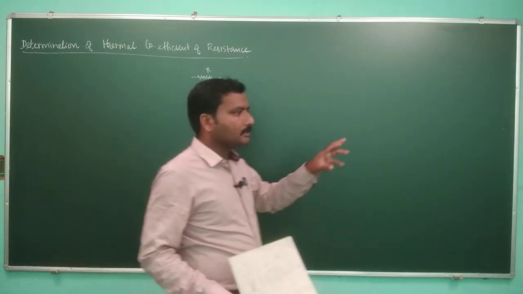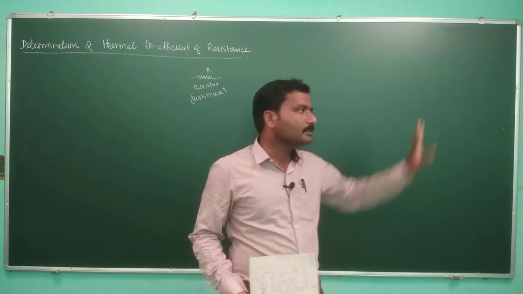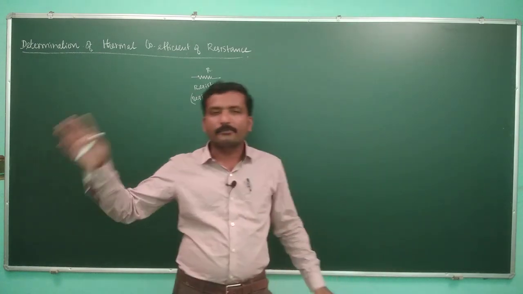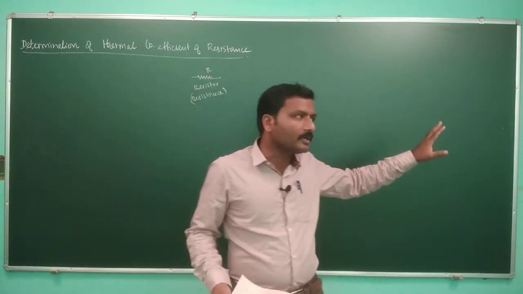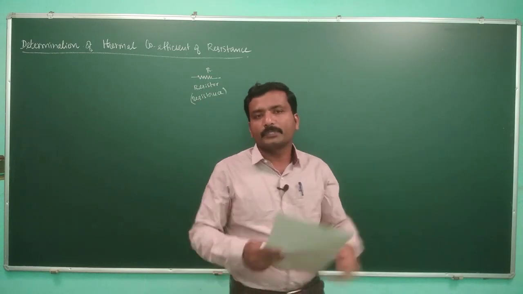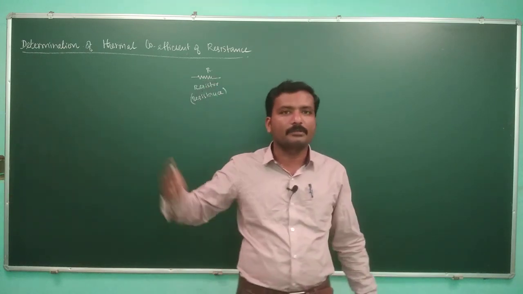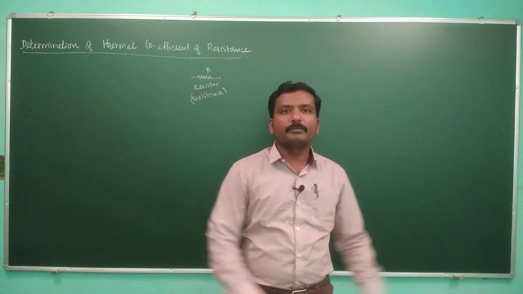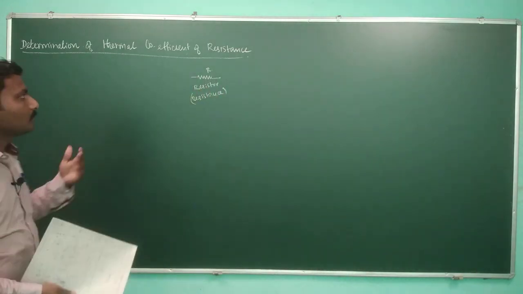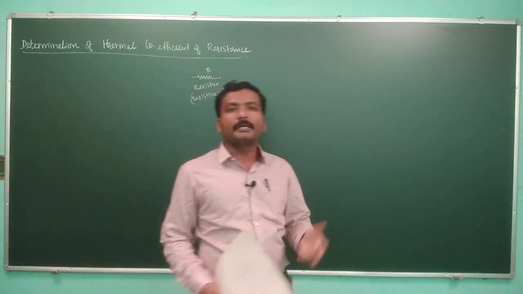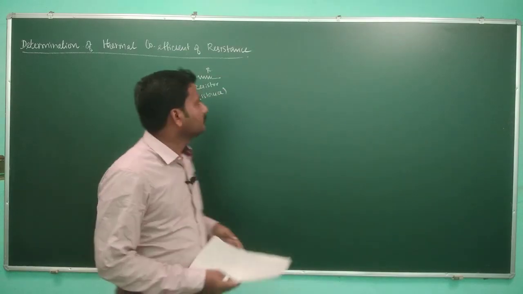For a particular composition of resistors, if you increase the temperature, then the resistance value increases to a certain point. For another composition of resistors, if you increase the temperature, it may not have the equal proportion to the one that we have determined earlier. It may have a different type of increase or decrease in the resistance when you increase or decrease the temperature. So we need to make a common formalism in order to understand how the resistance value of a particular resistor will change when we apply temperature on it. That is what we are going to discuss in this lecture.